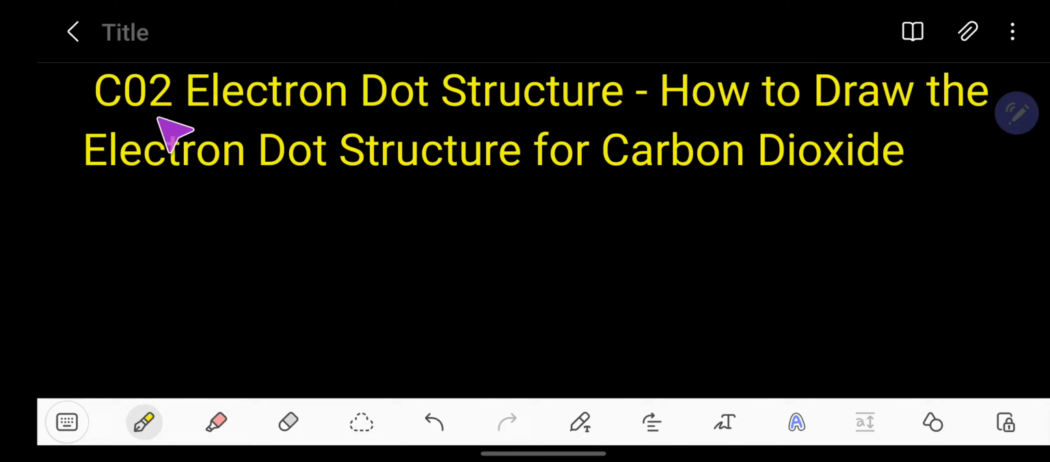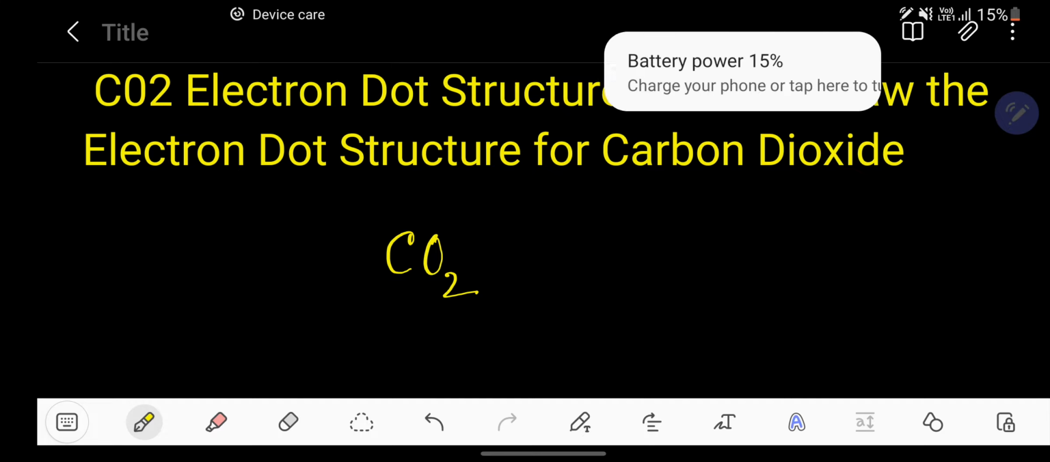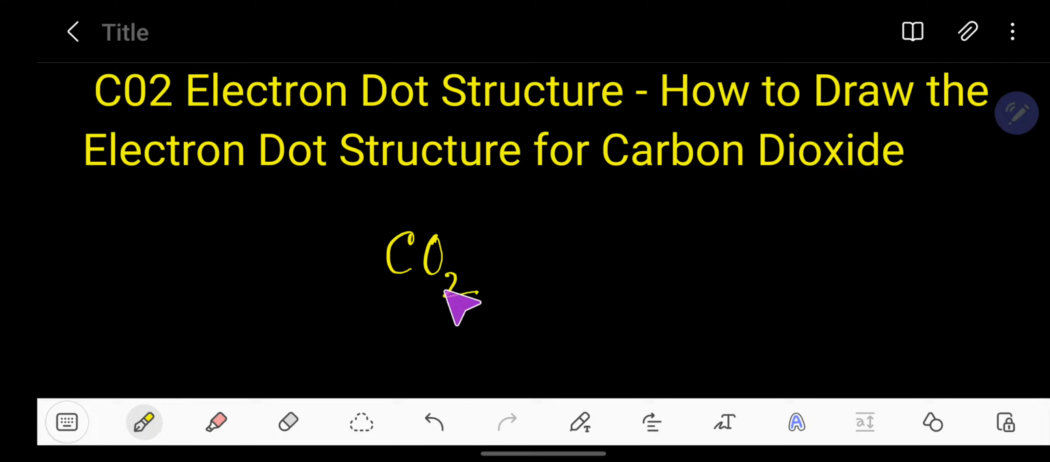In this video, you will learn the CO2 electron dot structure, that is, the carbon dioxide electron dot structure. More specifically, you will learn how to draw the electron dot structure for CO2 or carbon dioxide. So let's get started. This is the molecular formula of CO2, and the carbon is the